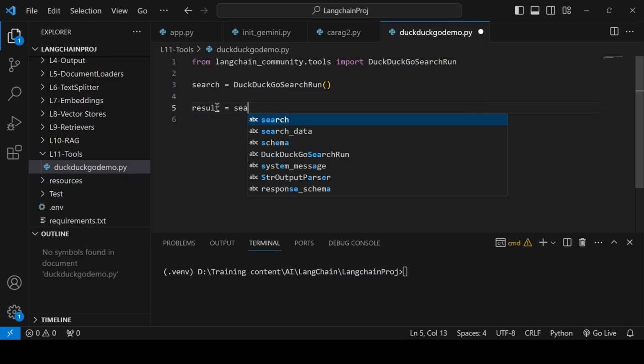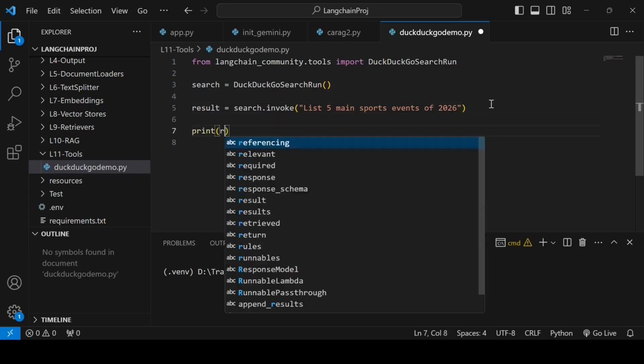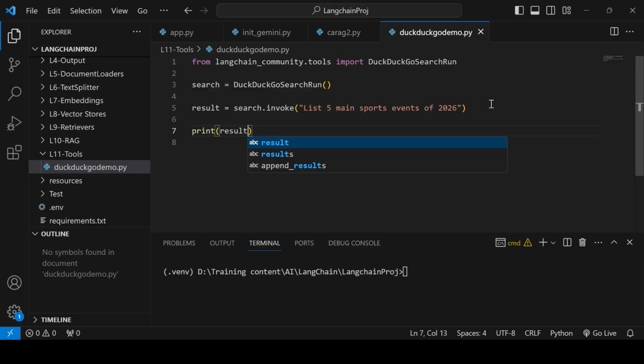Since it's a runnable, I can call invoke with "list 5 main sports events of 2026" as my search, and then I print it within that DuckDuckGo demo.